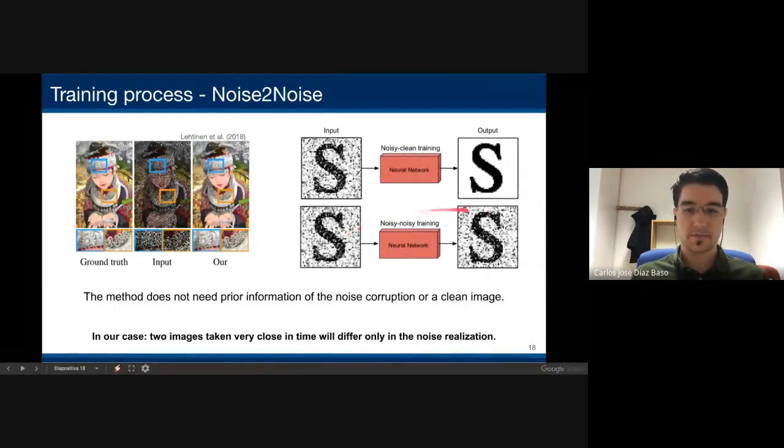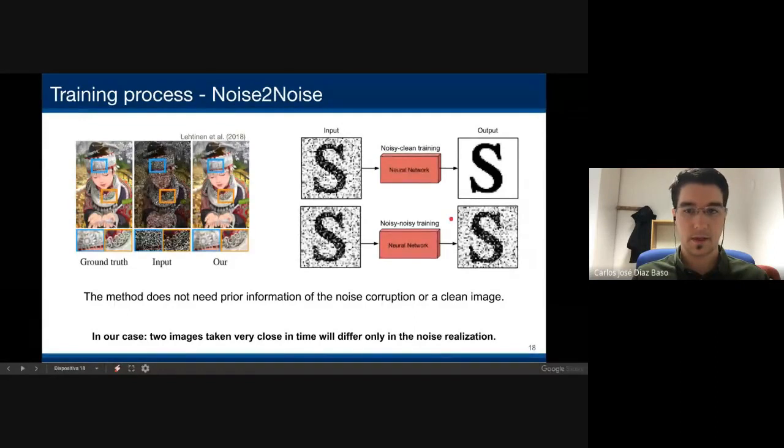So we are training a neural network to go from a noisy input to a noisy output. As this noise is not correlated between images and is random, the neural network will not be able to fit the noise, but it will be able to extract the spatial information from the input